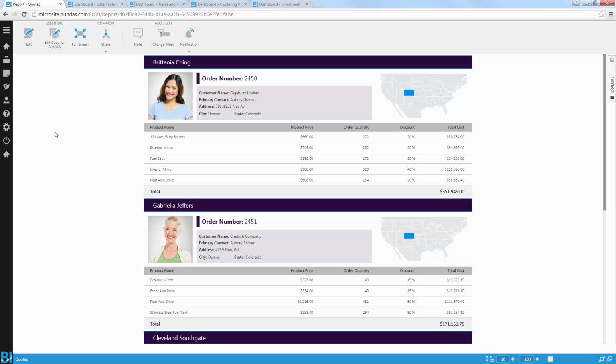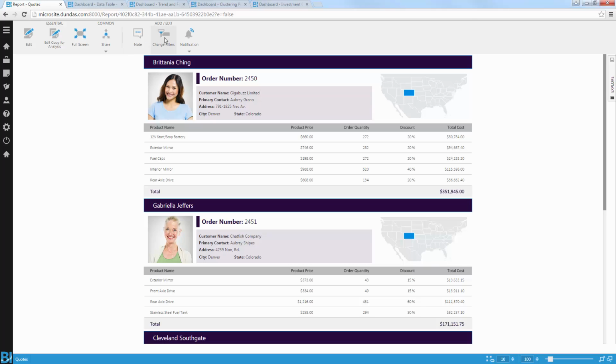It also makes sense to use this control where your design needs to repeat itself, maybe even across multiple pages, so meaning that you want to use a report or a scorecard. In this example, I'm using a sales order report, and the data is being generated for every order number. As you can tell, my data image is used to show the image of the salesperson attached to that order.